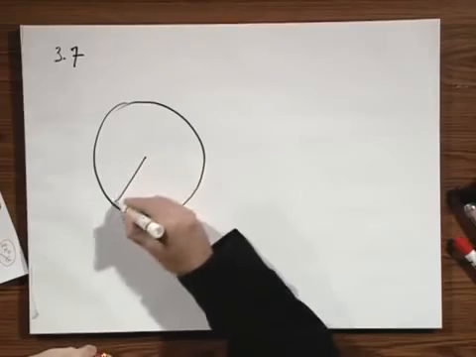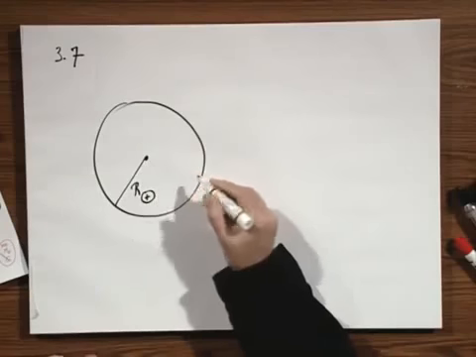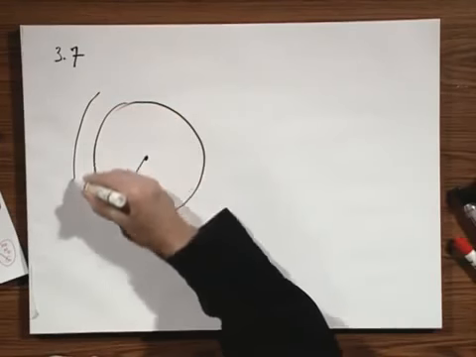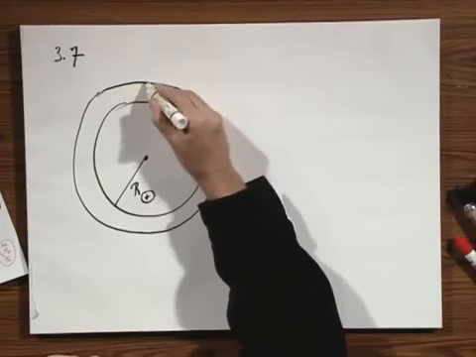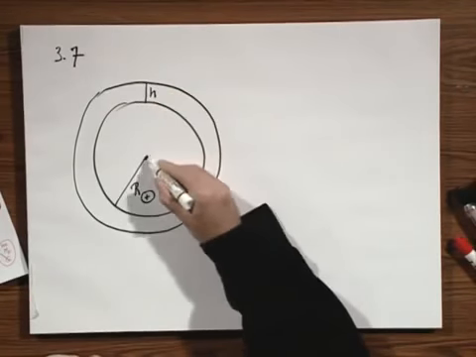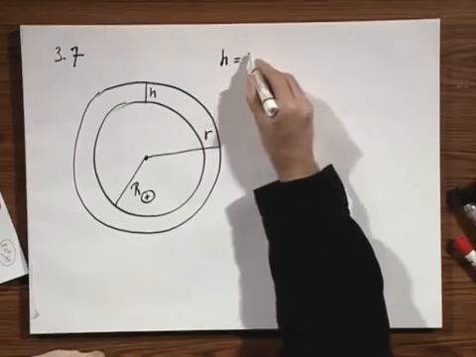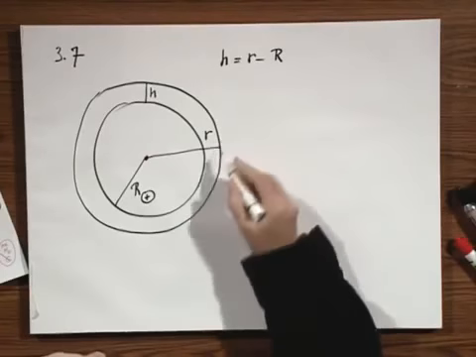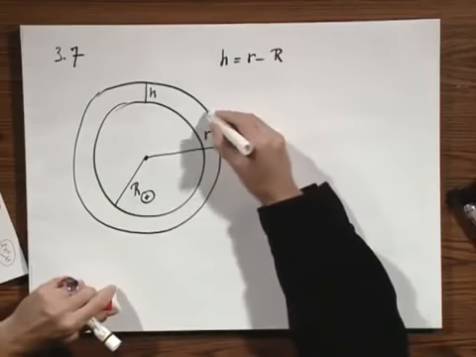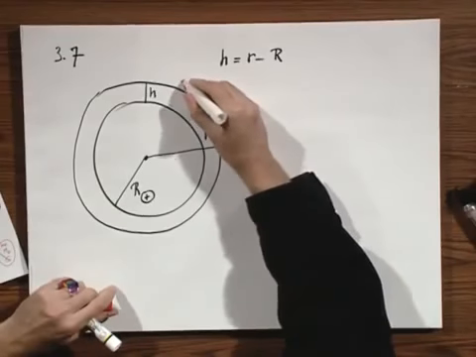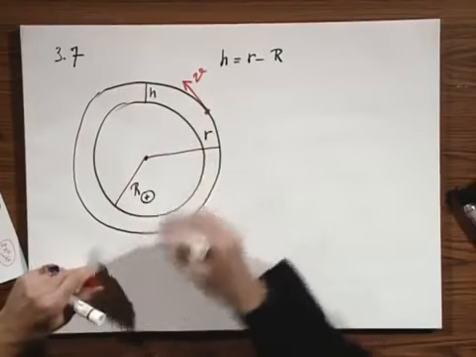And the Earth has a radius R Earth. I will use this symbol for Earth. And near Earth, at a height h above the surface of the Earth, at a radius little r, so h equals little r minus capital R, there is a satellite going around the Earth. Here is the satellite, and here is its velocity, and let's assume that it's a circular orbit, so the magnitude